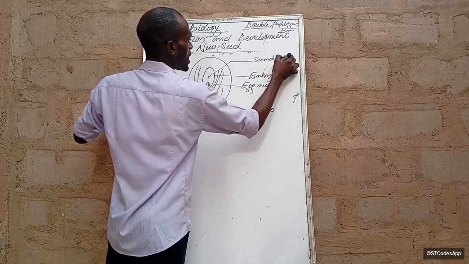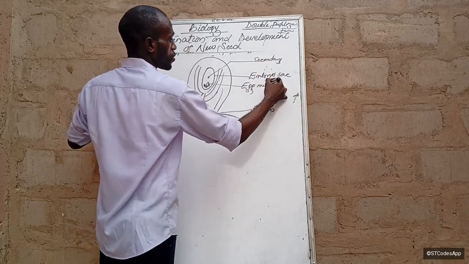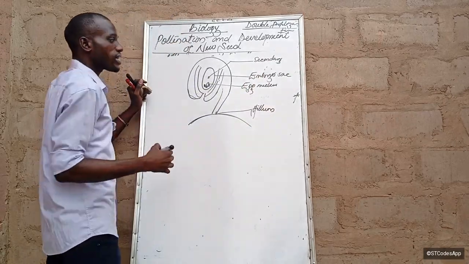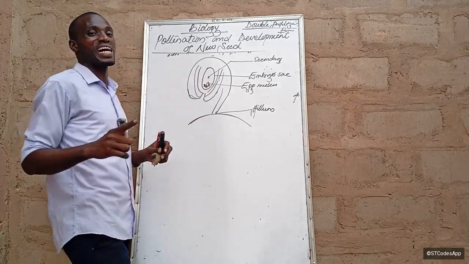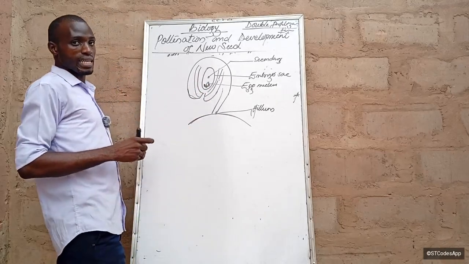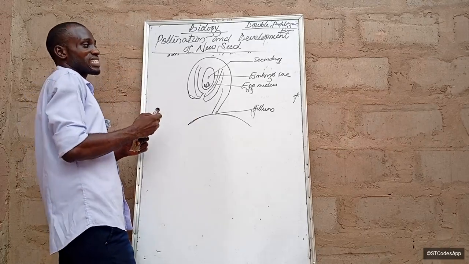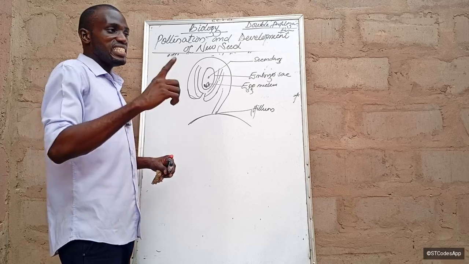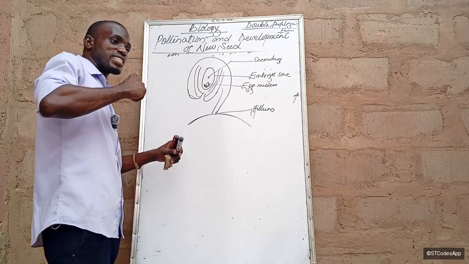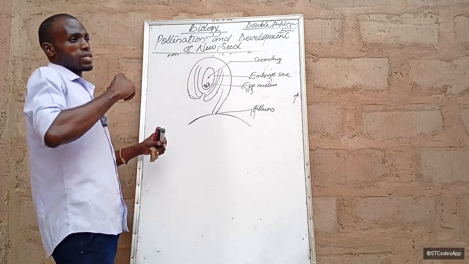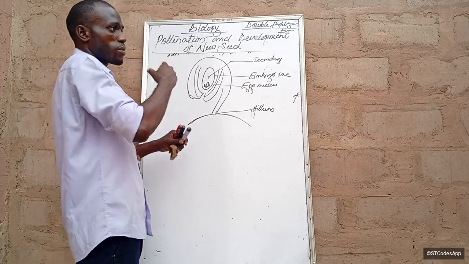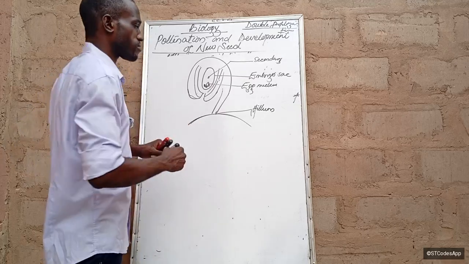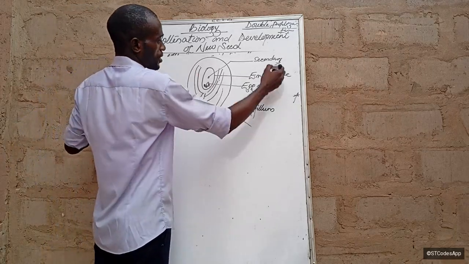There's a reason why we have the egg cell and the secondary nucleus. The egg cell is the main thing. The secondary nucleus is for the development of an endosperm, so that the endosperm, for example in monocots, is what the developing embryo will feed on. Exactly. So the secondary nucleus,